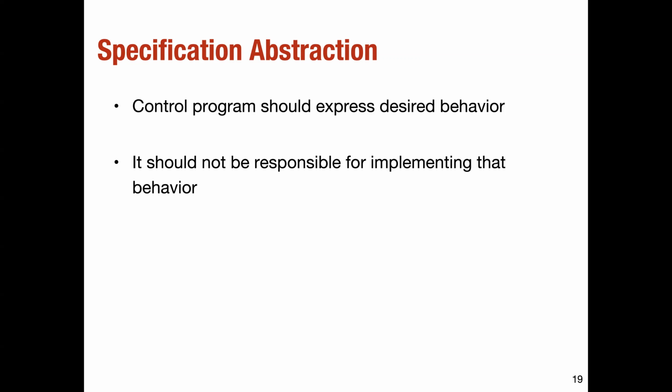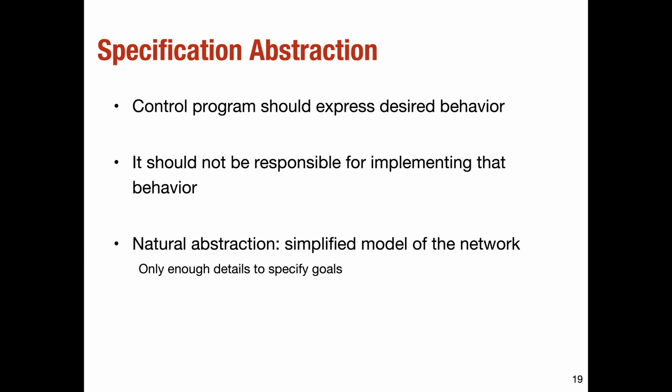So it should not be responsible. When we think about the control programs, they should not be responsible for implementing that behavior. And this is very important, right? In the previous discussion that we had for OSPF, the ability for each of those networks to have an up-to-date or consistent map of the network was a mechanism, right? So the control program should be decoupled from this type of mechanism. It should just focus on its intent, what type of behavior it wants to exhibit, and just specify what that behavior is, not how that behavior will be implemented, right? So intent and mechanisms have to be separated from each other.